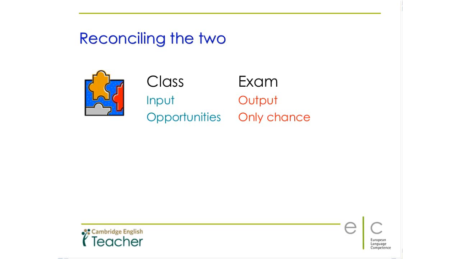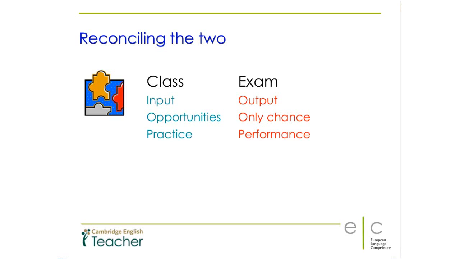An exam may not be the only single chance, but it is usually one of the important chances that a learner has in his or her role as a candidate to show what he or she can do. And depending on the type of exam, it may be the only chance or one of a very small number. Whereas in a classroom, a learner can try out and do lots of things without risking very much.